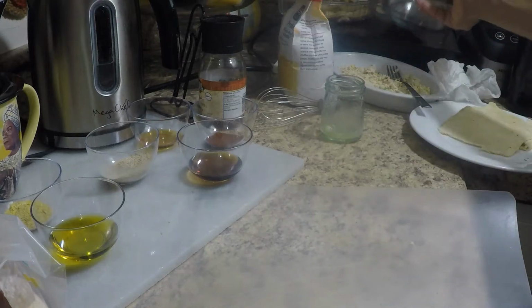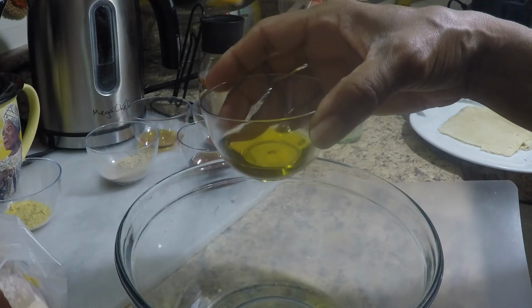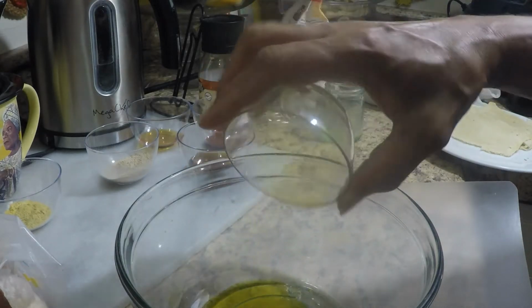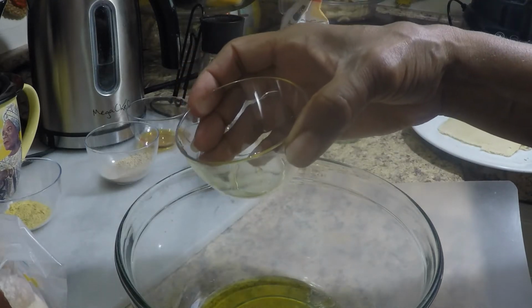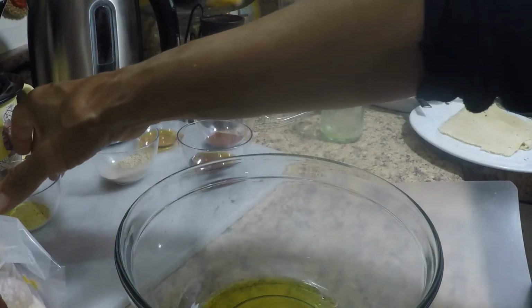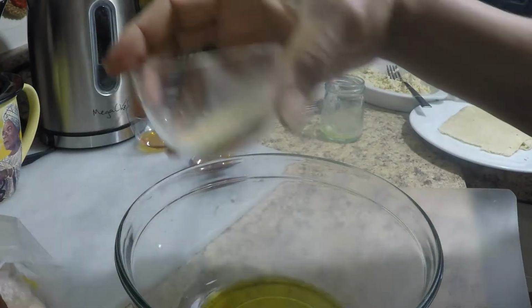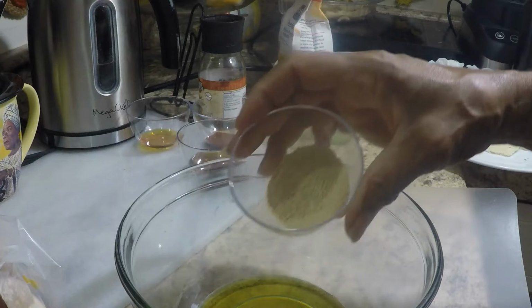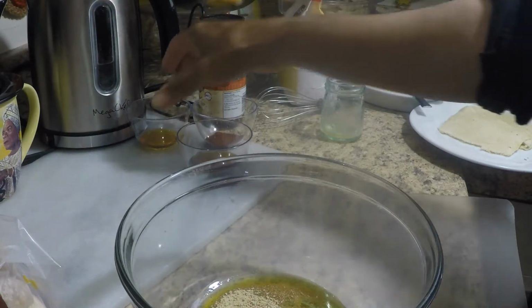So at that point, once you get to this point, I'm going to set this to the side. You put your mix together, and we'll start off with olive oil, and I'll send you over to the person who did this recipe. Olive oil, and that was 3 tablespoons of olive oil, and then you add nutritional yeast. This is 1 teaspoon of nutritional yeast. This is some mushroom seasoning. I love this stuff. I just recently found it, really good, and I crushed that because it comes really thick. Then you add 2 tablespoons of smoke